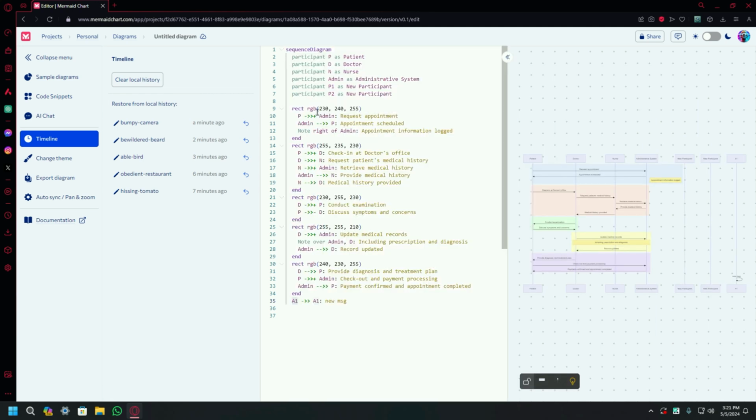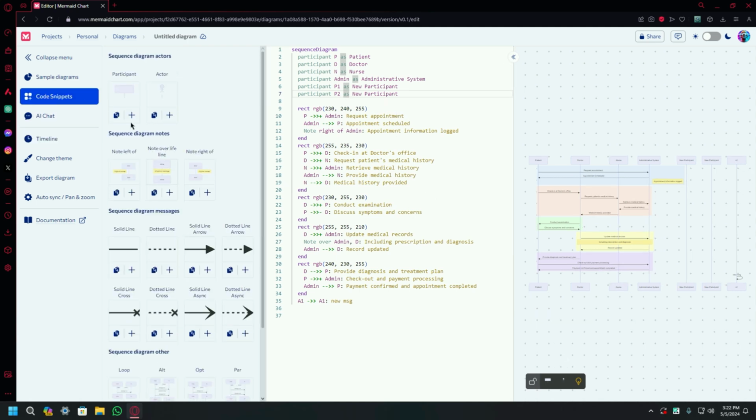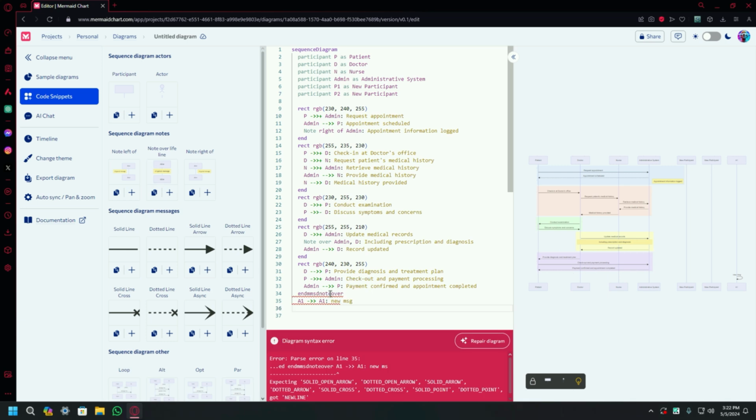Now, one more thing, you can see that it has added these lines for adding the code. And obviously, we were not able to add these types of things in Mermaid Live Editor, which was their GitHub repository. So they have just advanced their system and it is very much helpful now. You can also browse code snippets. For example, if you want to use sequence diagram notes, you can just use this one and put this in the code. For example, right here, you can just do that.